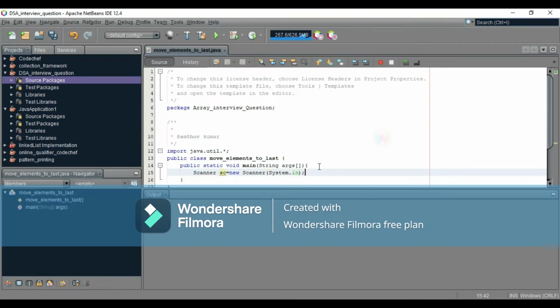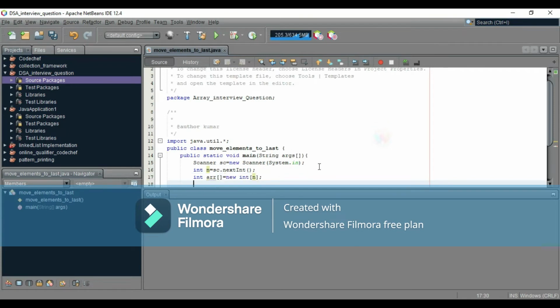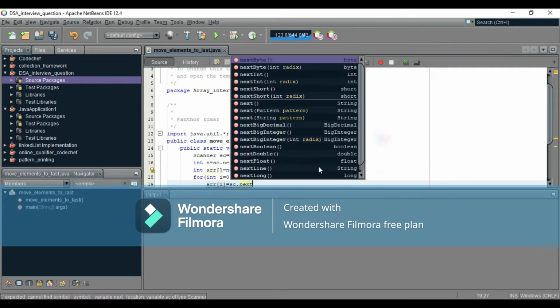System.in, and after that we have to take the input as int n is equal to sc.nextInt, and after that we have to take the elements of the array as int arr is equal to new int of size n, and after that we have to start a for loop as int i is equal to 0, i less than n, i plus plus, and after that we have to add the elements in the array: arr of i is equal to sc.nextInt,